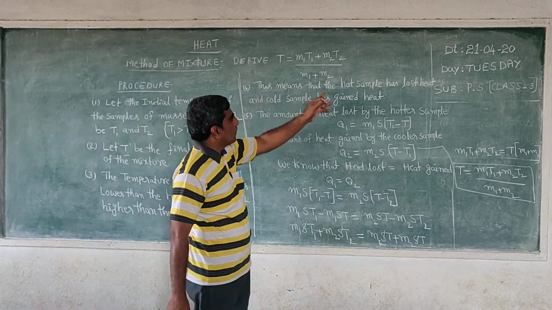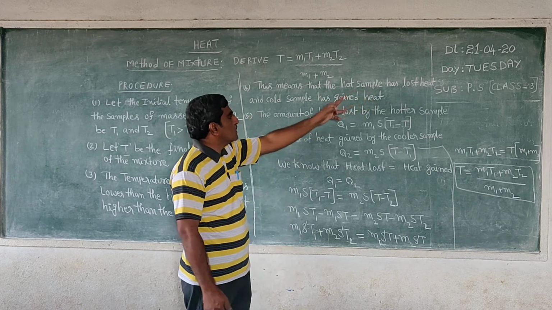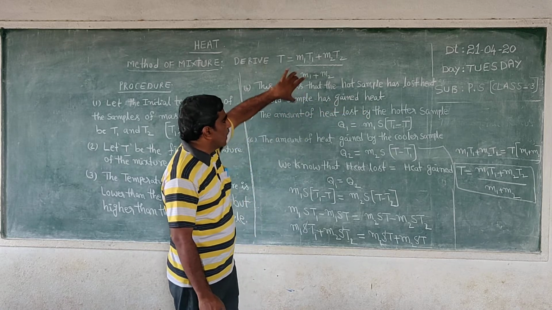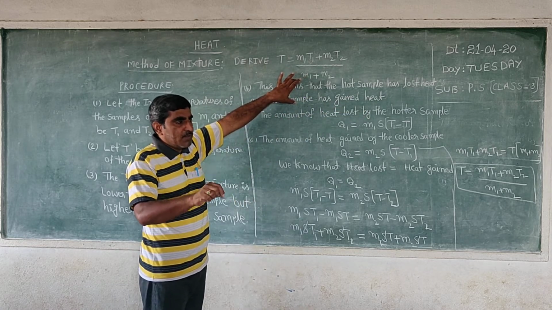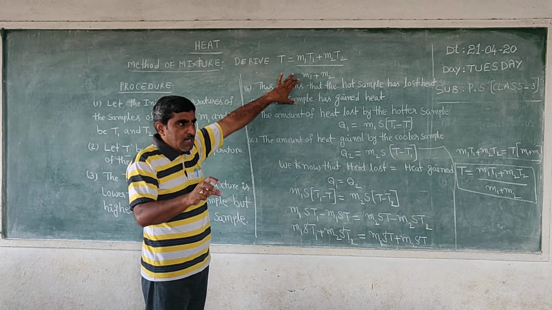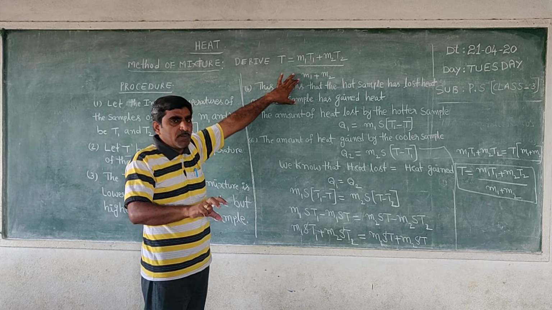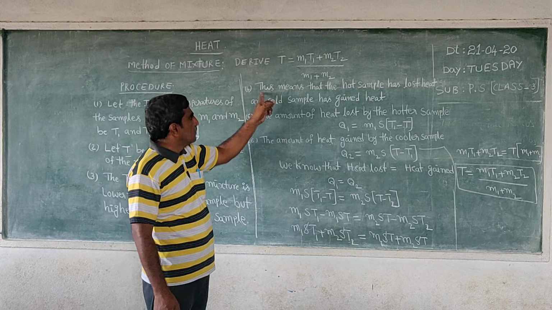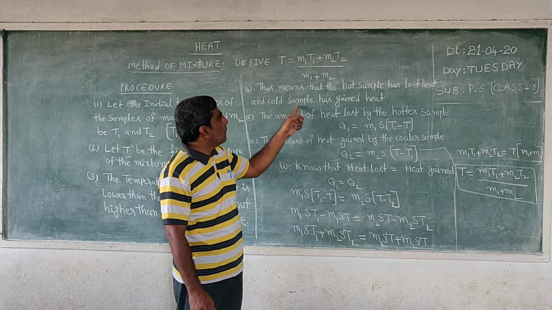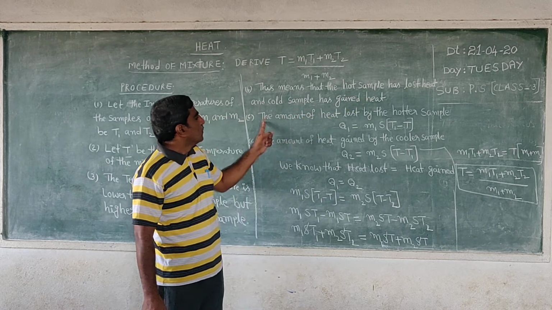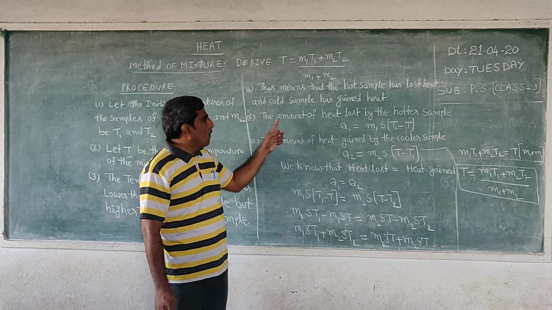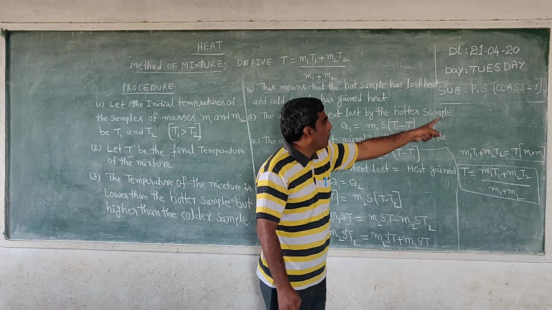This means that the hot sample has lost heat and the cold sample has gained heat. This is because two substances of different temperatures are mixed. The hotter sample lost heat energy and the colder sample gained some heat energy. There is no heat energy escaping to the surroundings. So the amount of heat lost by the hotter sample,